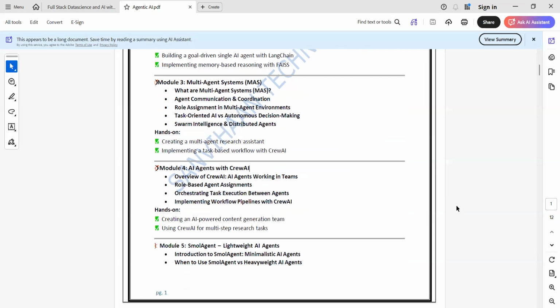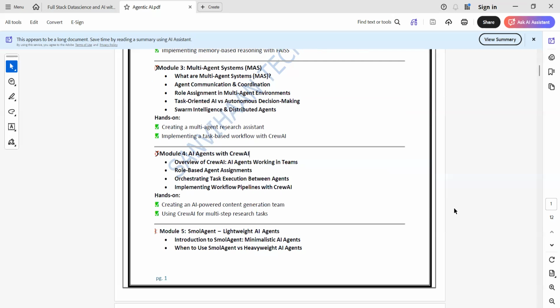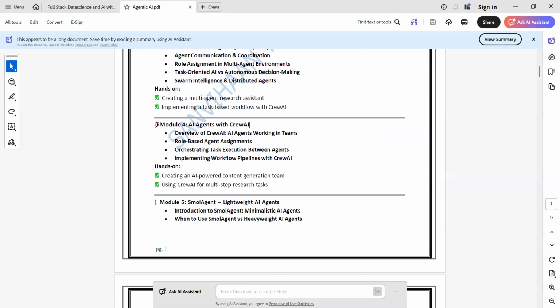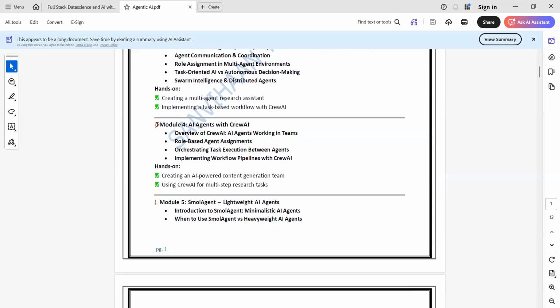For example, you'll have an admin agent. The admin agent will have all the permissions, but the remaining agents will not; they won't have more permissions. And we will be learning what orchestration is. This orchestration framework is very, very important, because when you give, yeah, orchestration is nothing but